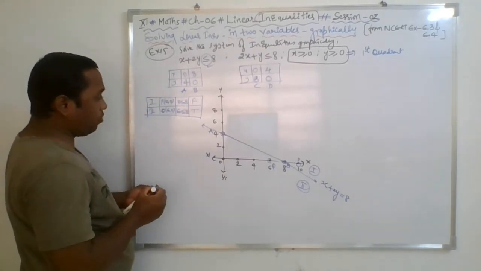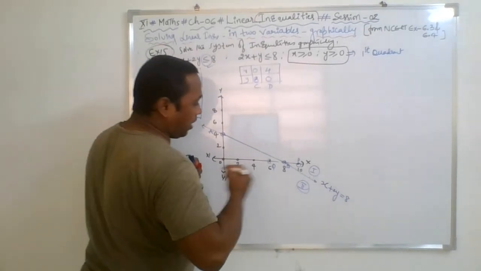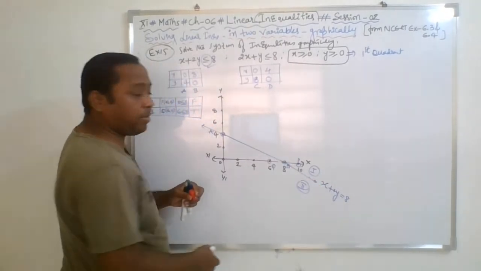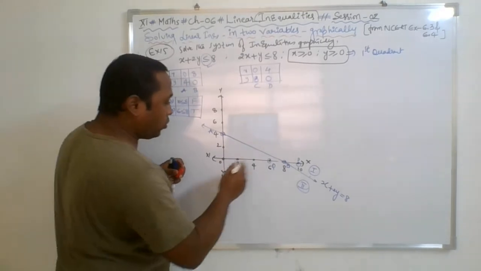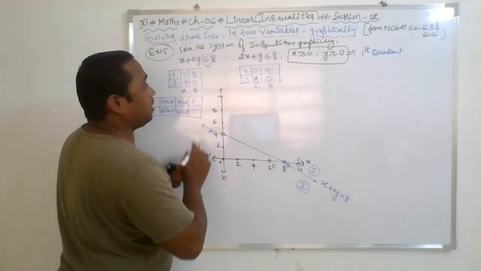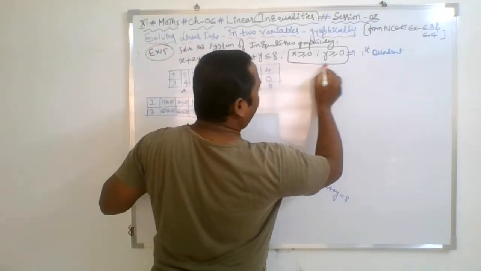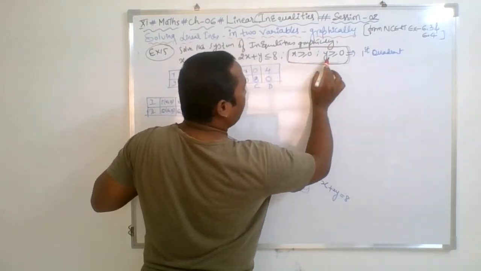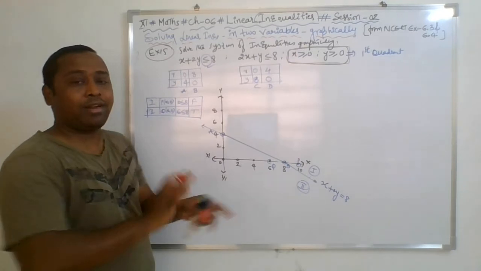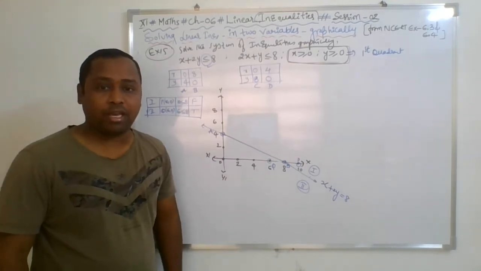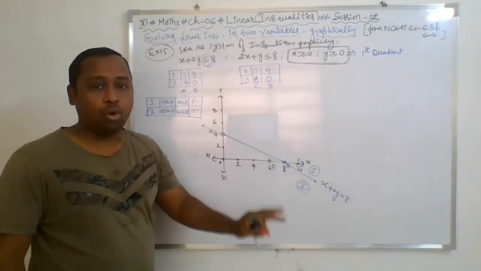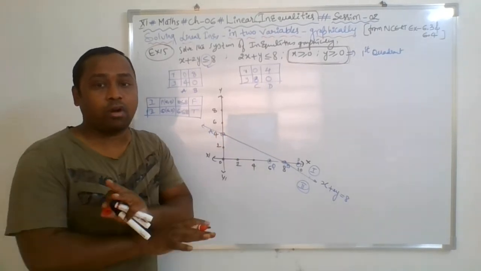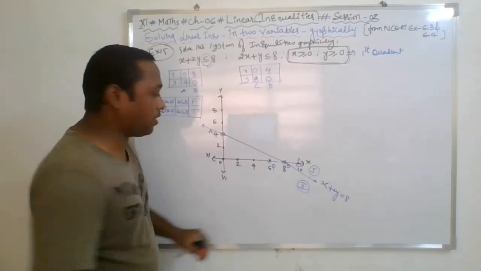Instead of shading, you may also simply make an arrow. आप देखिए यहाँ से बहुत ही हल्का सा, आप बहुत बड़े बड़े लाइन ना बनाइए, छोटे छोटे लाइन बनाइए. But in this question specifically we are having a condition that x and y should be positive. Means whatever the shaded portion you are making, either it may be upper or lower, it has to be in the first quadrant only. First quadrant से बाहर आप नहीं जा सकते.